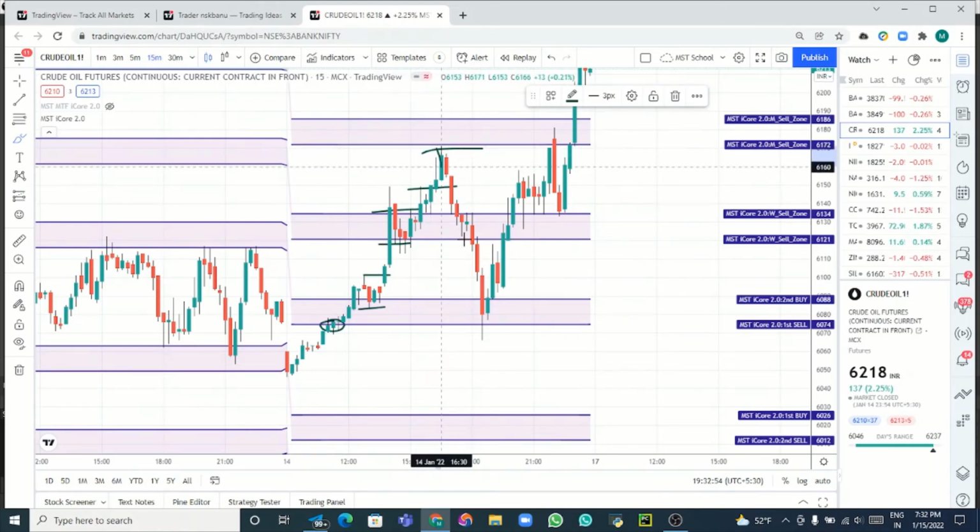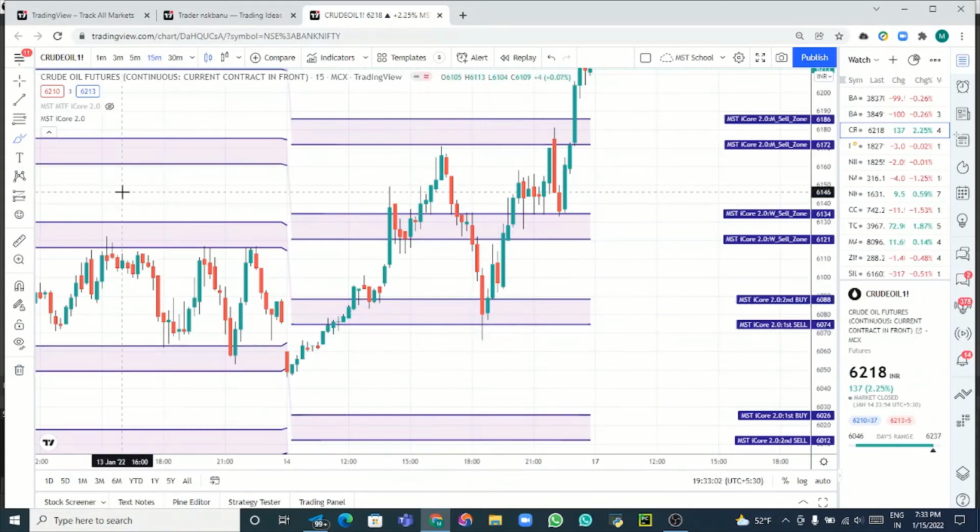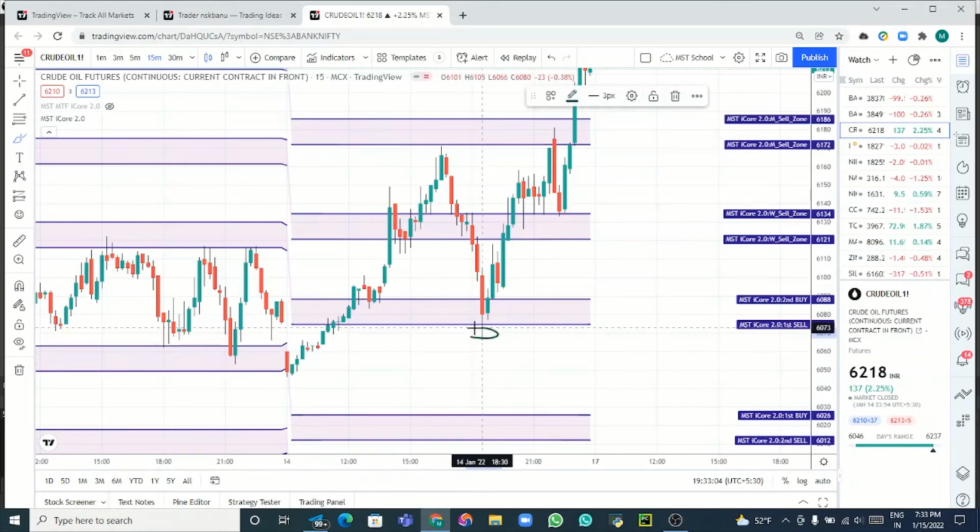Again it has given a retracement. Then the candles got closed only above the zone. None of the candles has been closed below the zone. See here, none of the candles has closed below the zone. Now it is the rejection of a red candle followed by one green candle. Now once this high has broken, we have to go for the buy entry with this as the stop loss.